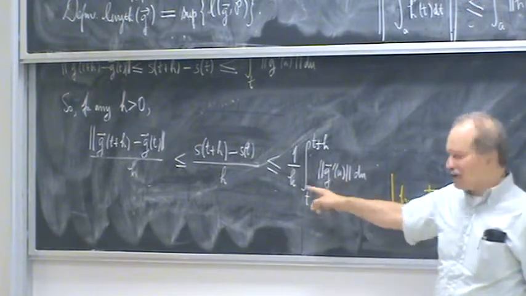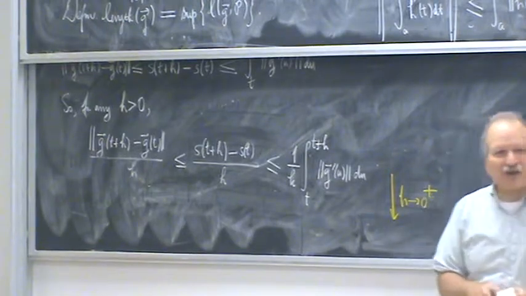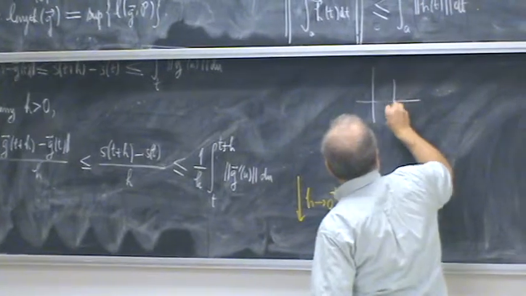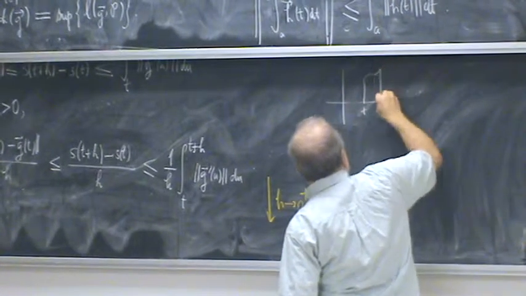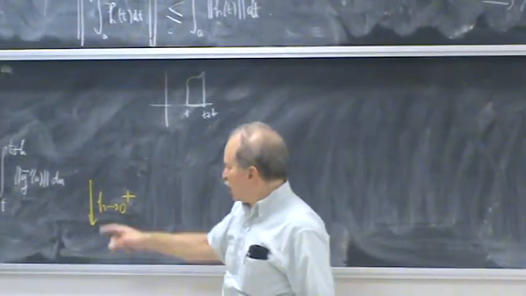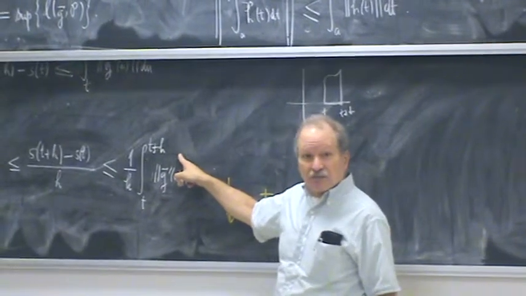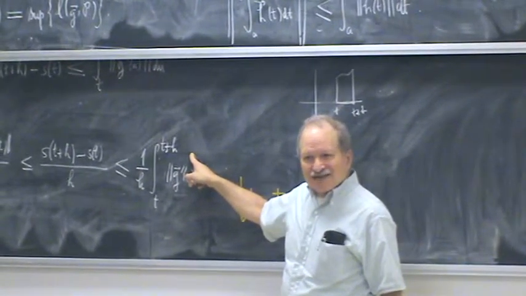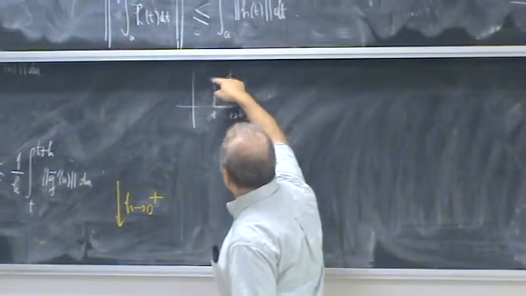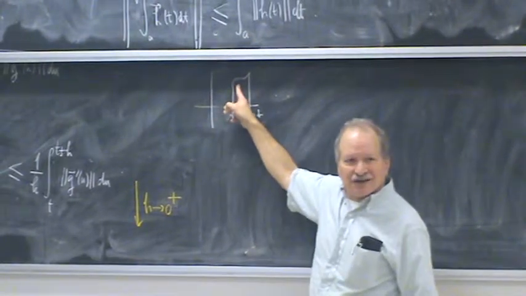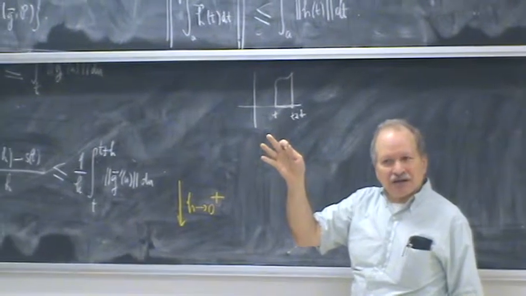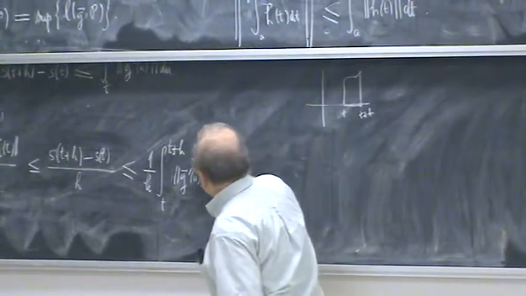No, not the ratio. This is the other fundamental theorem of calculus, folks. This is doing the area under the curve and dividing by the base. So it goes to just g of t. It becomes this at t by continuity. I'll remind you of this stuff next semester when we're doing integrals. The fundamental theorem of calculus says when you take the area under a continuous function, the rate at which that area changes is the value of the function at the point you're at. So because this is continuous,